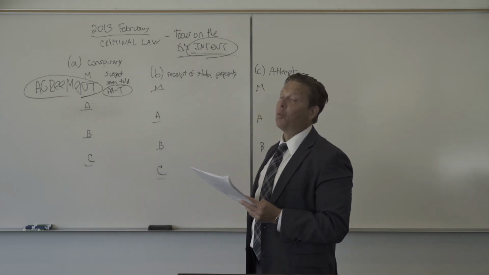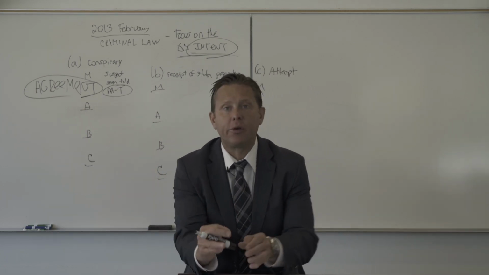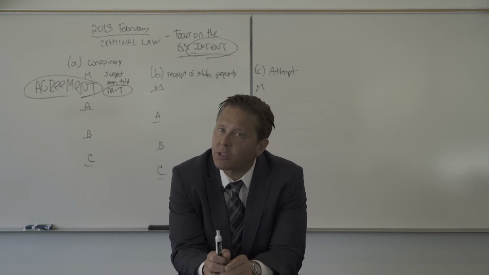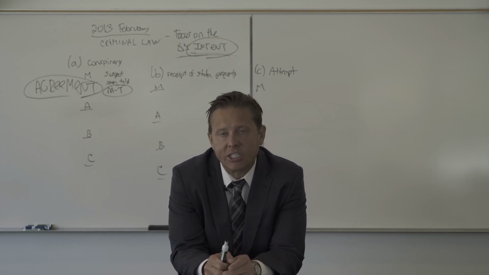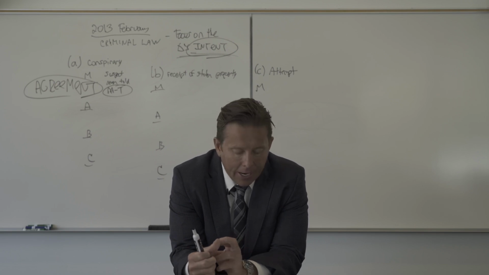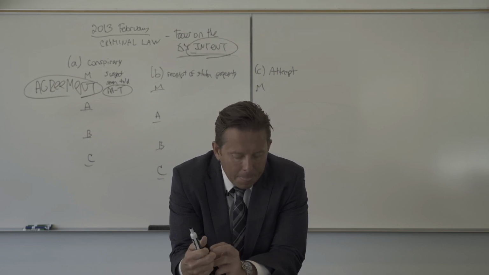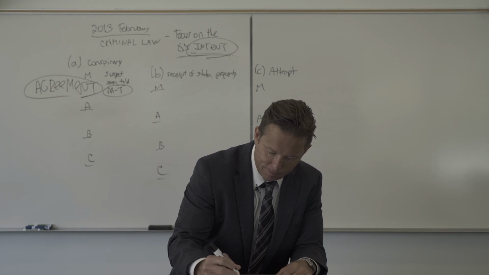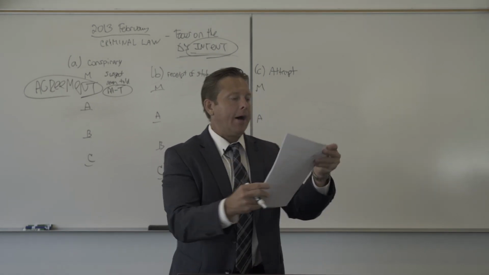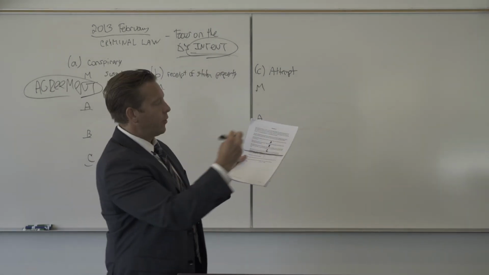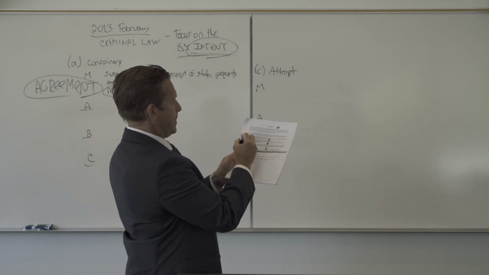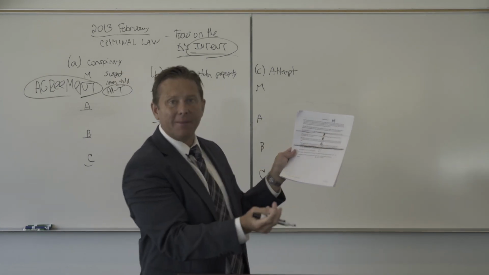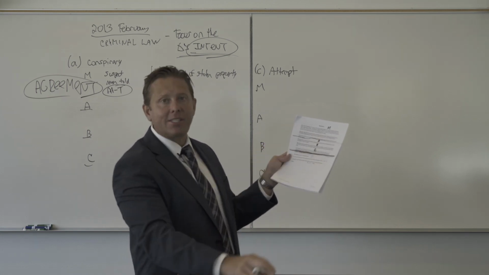This fact pattern is way confusing, by the way. So if you had trouble reading it the first time, and you're like, wait, what's going on? Who's going where? That's why you have to read a fact pattern at least 3 times to iron this out. Okay, so it's interesting if you notice something too. The first 3 paragraphs really have to do with Max. The next 3 paragraphs, in order, are A, B, and C. They tell you what each of A, B, and C are up to.